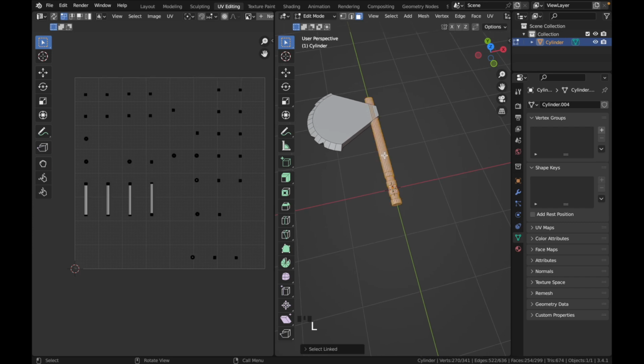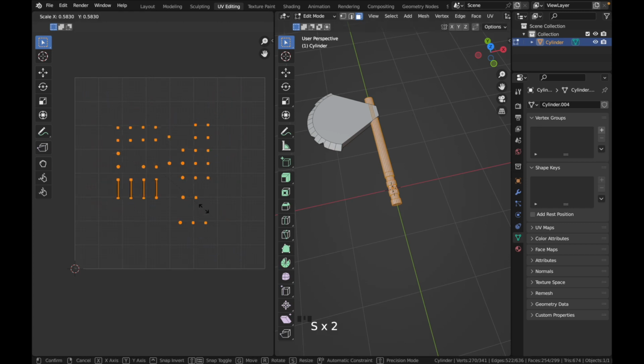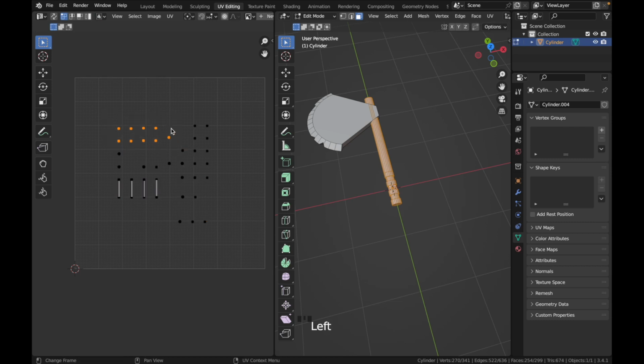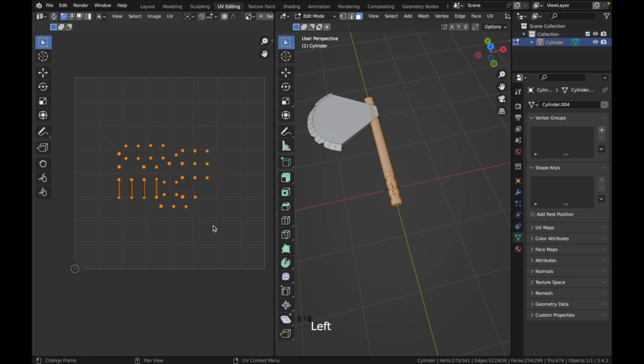Now link select XSplit, select all of these, make them smaller and resize them, and move them each other,